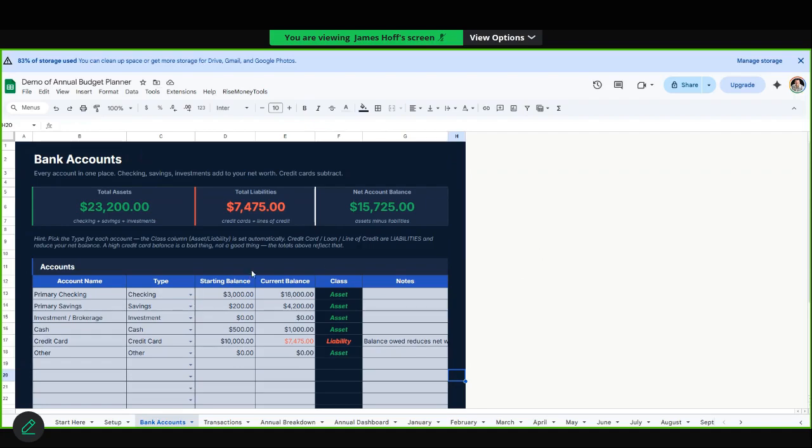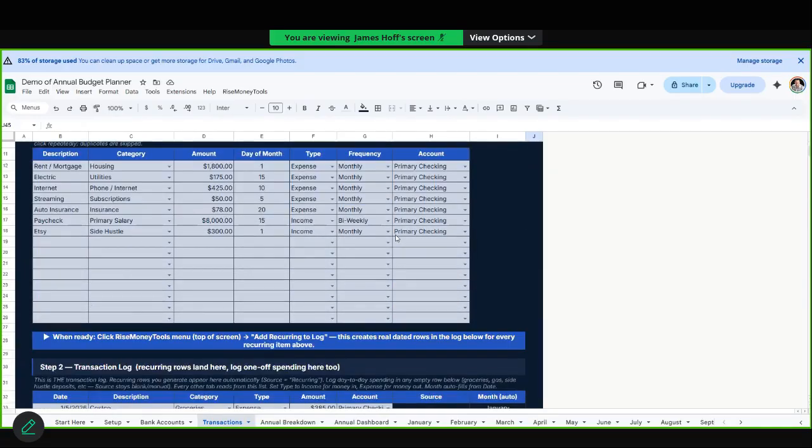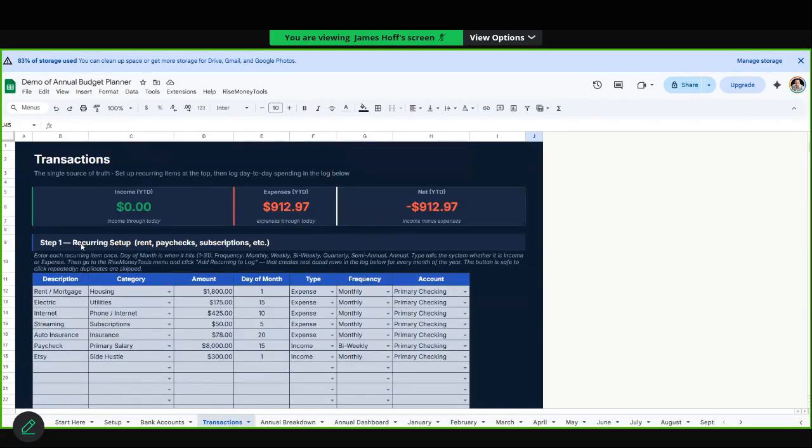So kind of a nice way to see where you started and then eventually where you're at as you continue to update this over the months. The next tab is transactions. Kind of goes without saying, but we have transactions to keep track of all the different things that you pay for. Now, one really cool and very important thing on this is